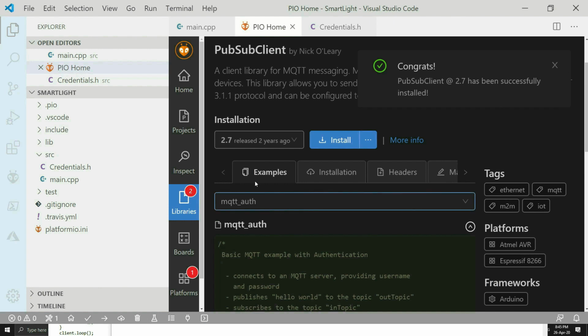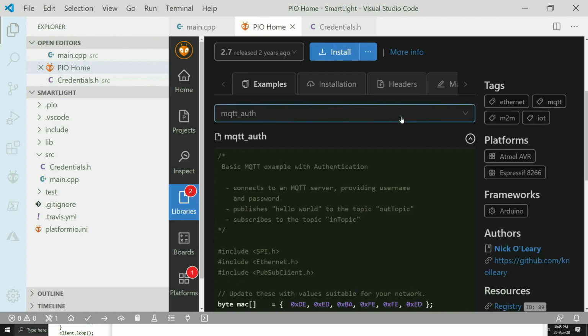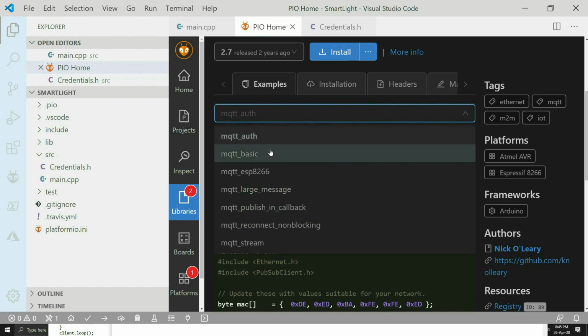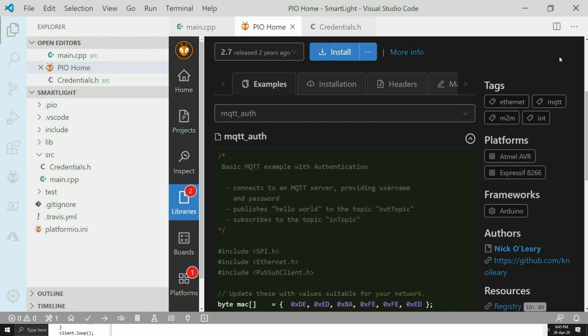You can see the examples under this particular tab, and you can change the examples as well. There are multiple examples, but let's leave it for the time being. We are going to do the quick implementation.